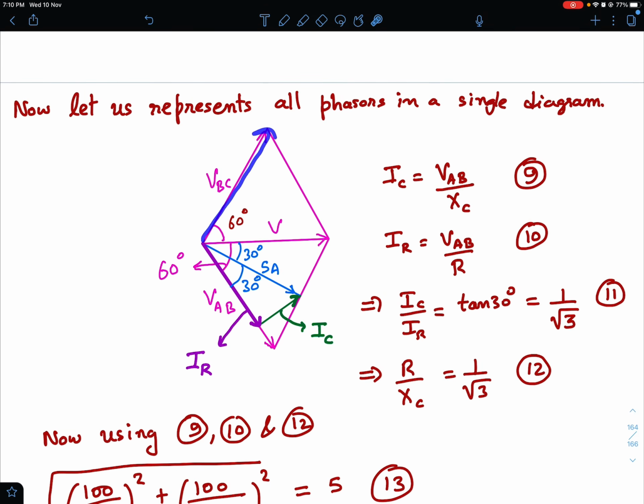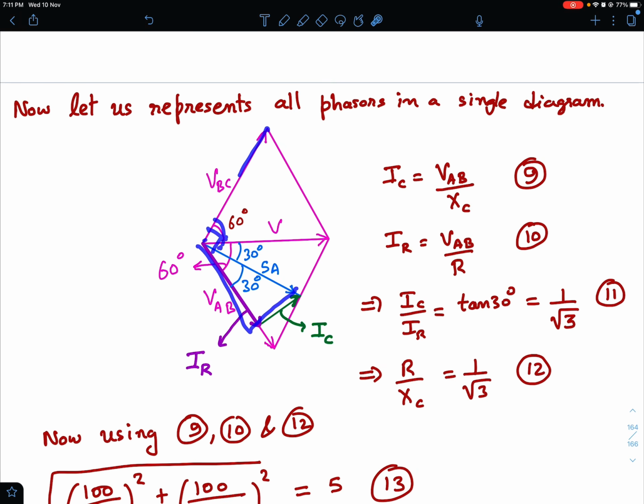And now the current phasor must be lagging behind by a phase of 90 degrees. So if this is the voltage phasor in the inductor, current phasor is at 90 degree behind this. So this angle is 90 degree, and this is your current phasor, right? This is the net current phasor, and net current in the inductor is also equal to the phasor sum of currents in the resistance and the capacitance, right? So this is the voltage across the capacitor, and if you see, the current in the resistor is along this voltage phasor itself, the voltage in the RC parallel combination, and the current in the capacitor is going to be 90 degree ahead of this voltage phasor, okay.